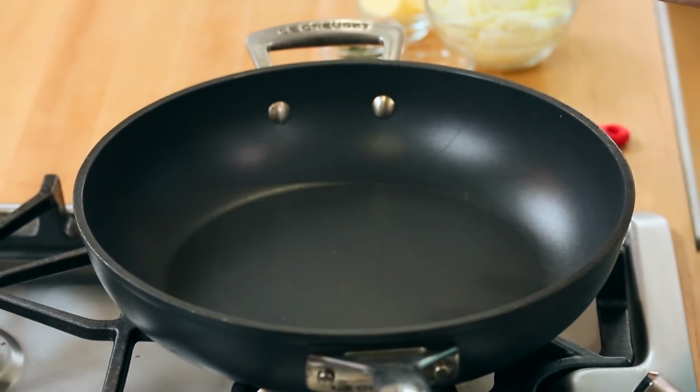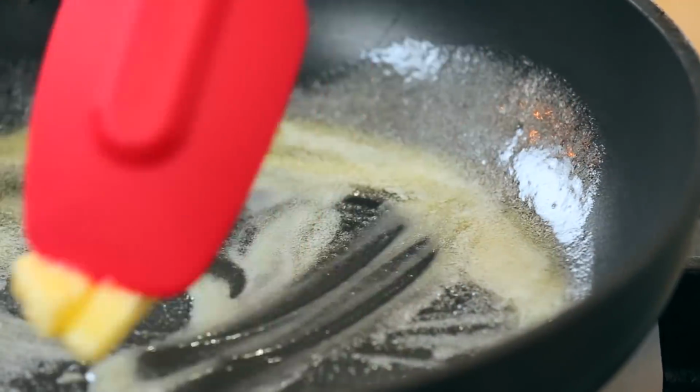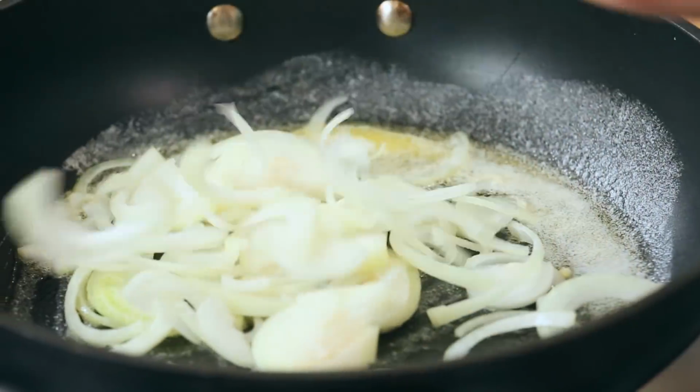This all starts once again with a non-stick frying pan on the stove, but in this case, instead of oil, I'm going to be actually melting some butter in my pan. Once that butter is nice and melted, I'll go ahead and add some sliced onion. I am using 1 large yellow onion that I have